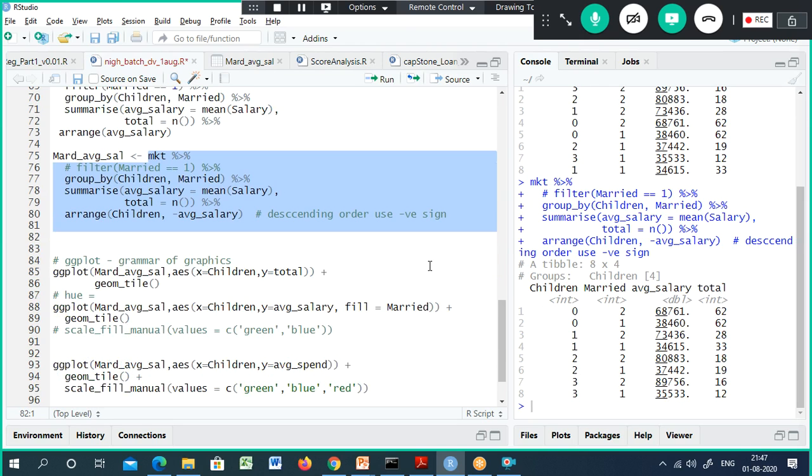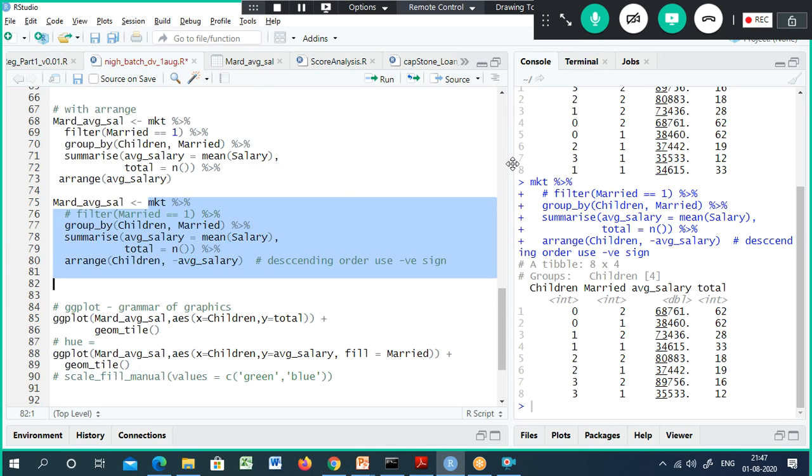Listen very carefully. What has happened here? Are you all able to understand? Rishik, are you concentrating here? Look, in the arrange function, arrange is nothing but sort. Since children is positive, I did not prefix it with any negative value.